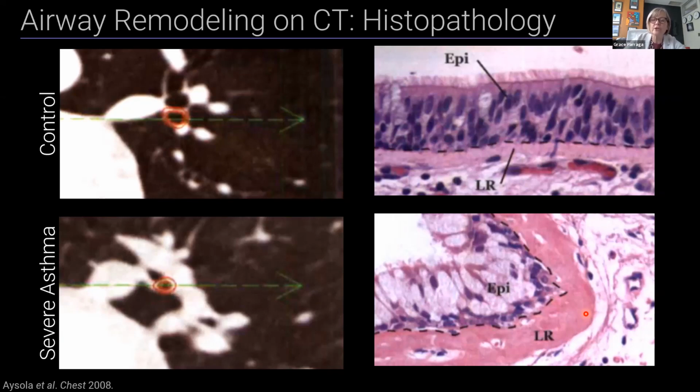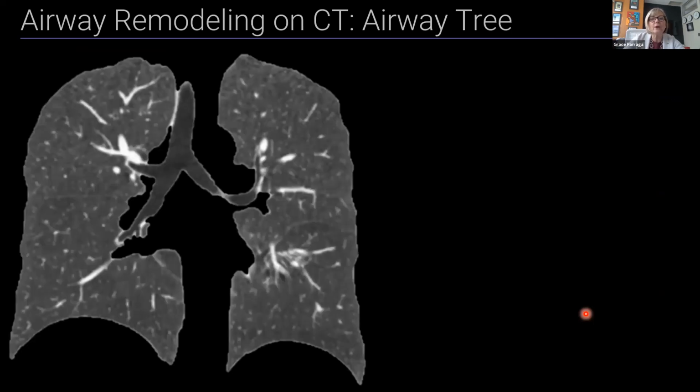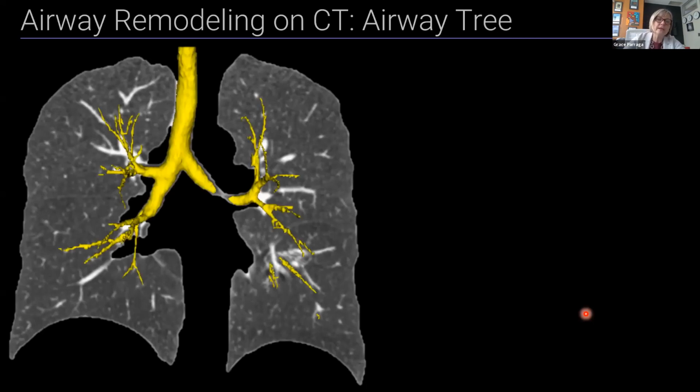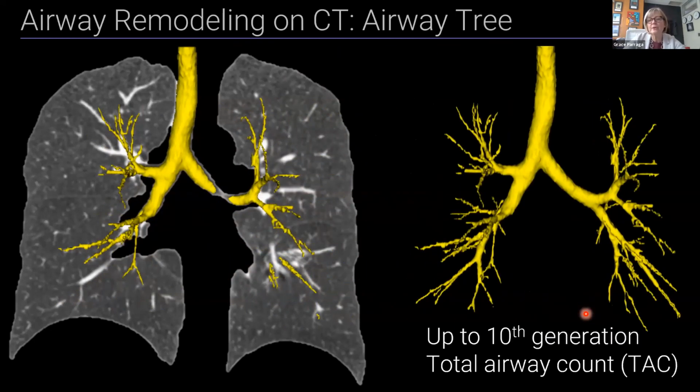So that's a good anchor for us to focus on here. Another thing that folks have been focusing on recently is airway tree measurements. And as you know, the airway tree in patient CTs, and this is a high resolution low dose CT from my own lab, the dose would be about 1.8 millisieverts. You can actually segment out this airway tree and count the number of terminal branches. And we can actually do this up to the 10th generation, even in a scan like this, to arrive at